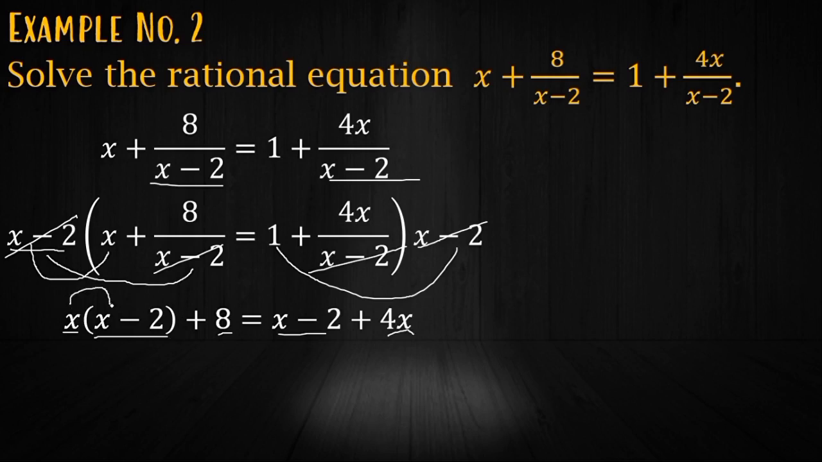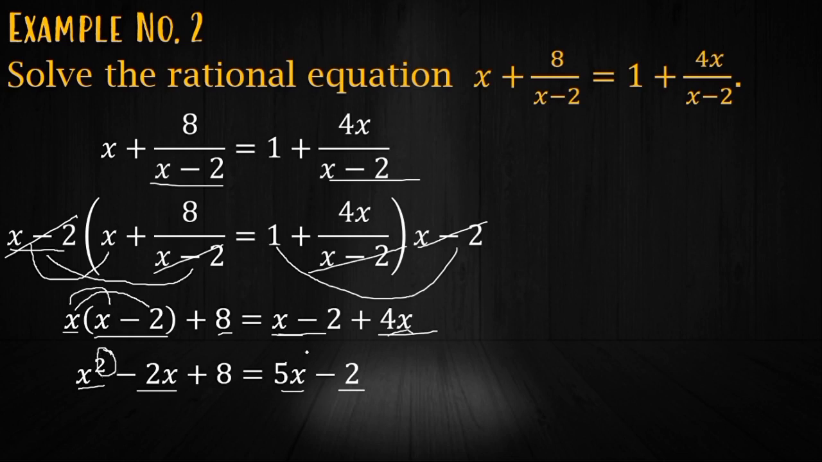Distribute x. x times x is x squared. x times negative 2 is negative 2x. Copy plus 8 equals x plus 4x is 5x. Copy negative 2. And then, since you can notice the highest exponent now is 2, we can now transform this